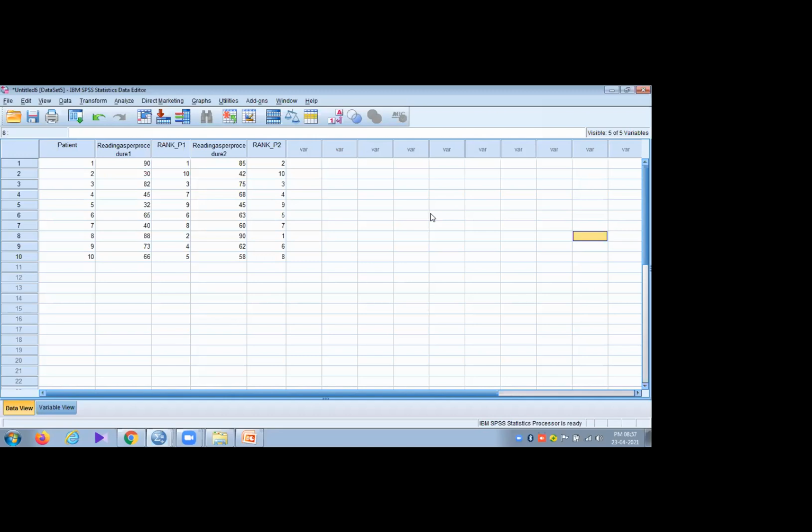Another situation may be if one variable is continuous and ordinal, and the other variable is nominal, there we use the rank biserial method. So these are some rarely used correlation methods. Usually we need to use only these three methods. And for other kinds of analysis, we have other methods for correlation also.